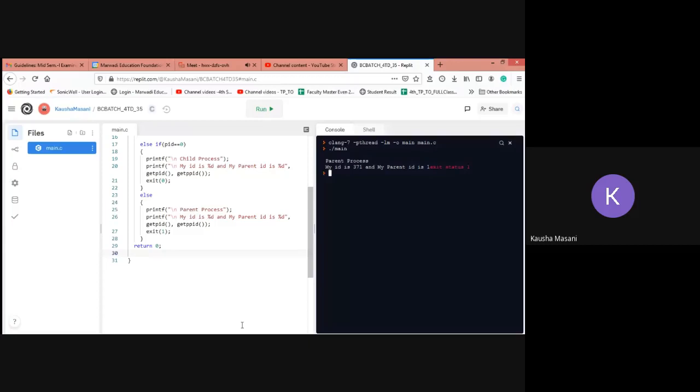Why are we using the exit function? Because we don't want anything else to be checked ahead. If the else if condition is met, just get out of the loop, directly return 0. Yes, I know it will work without the exit function also. Are you using GCC compilers in terminals, or REPL, or your Linux?